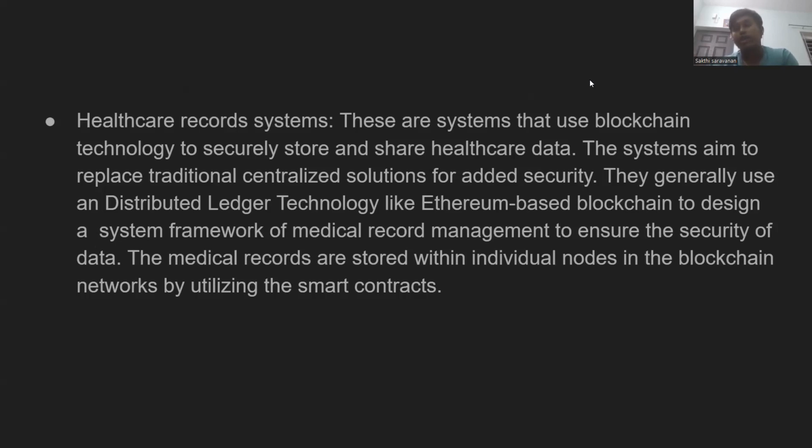Now, if I have to send it to my personal doctor, it should be in such a way that no one else can peek through my data. Now, these systems aim to replace traditional centralized solutions for added security. There are many proposed solutions for this healthcare record system based on blockchain, and most of